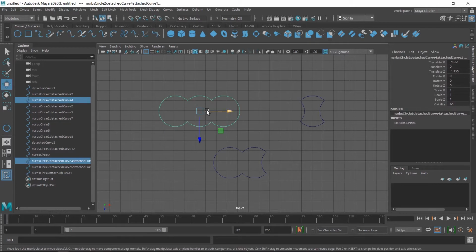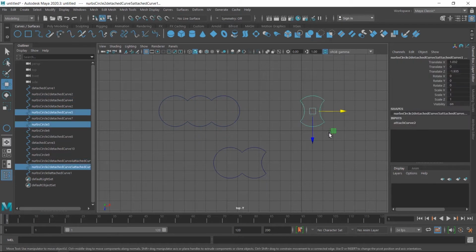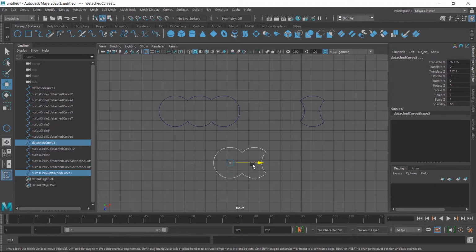If you select this shape and then move it, it behaves like this. I undo first, and in the same way I select this shape and try to move it, and it also behaves like this, and the same when I select this and try to move it. It's not a problem because Maya remembers history. We applied the intersect tool, cut tool and attach tool. So that's why it behaves like this.